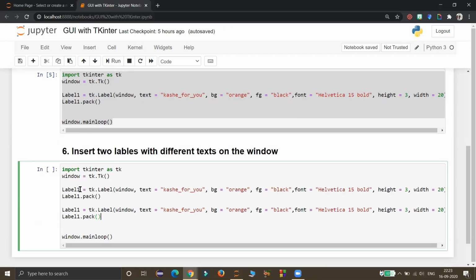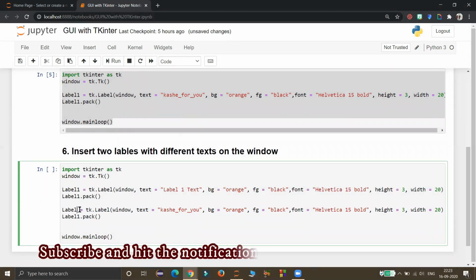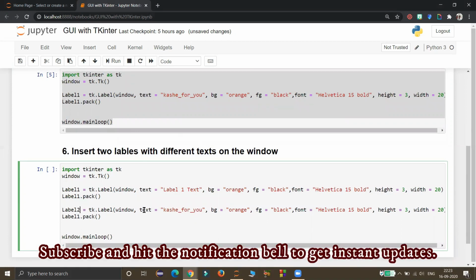Now I am changing the text in label 1 as "label1 text", and the next label I am considering as label 2, where the text is "label2 text", and the background color for the next label is yellow.